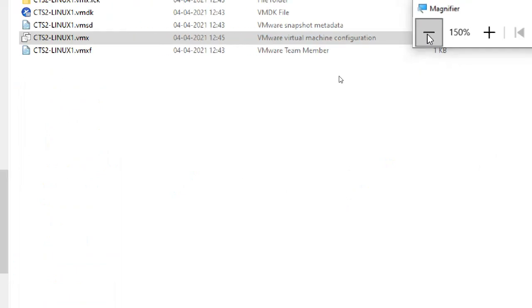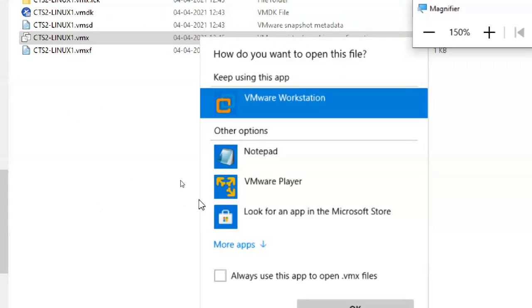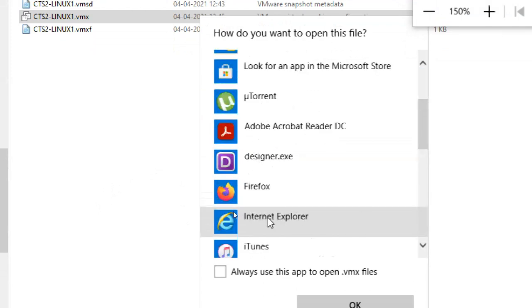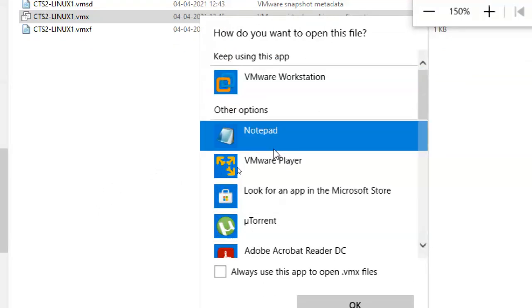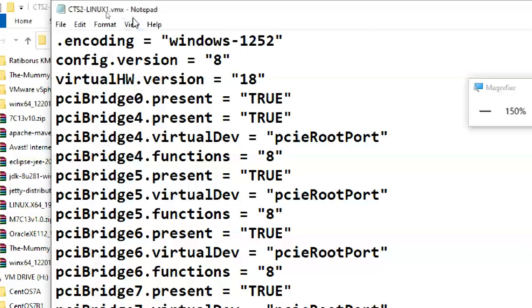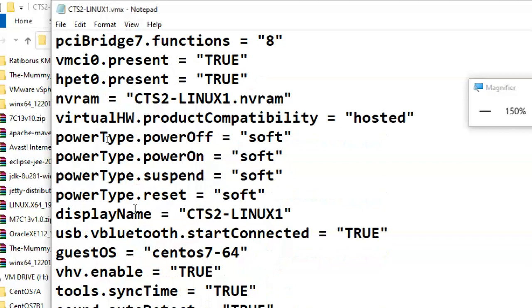Windows 7 guys may get a little bit of problem. So you can go to more apps, scroll up and scroll down, find out where is a notepad. So select a notepad. Don't select always use this app. Okay. Now this is my VMX file.